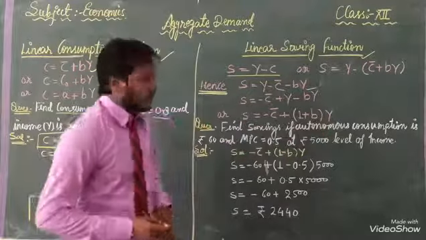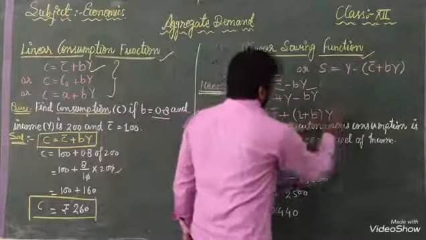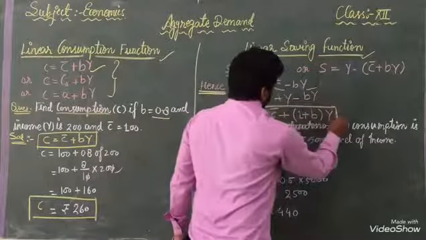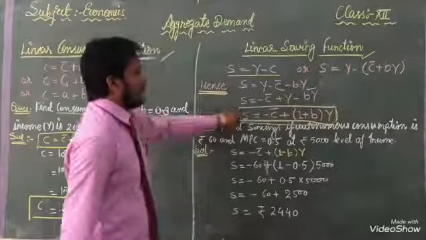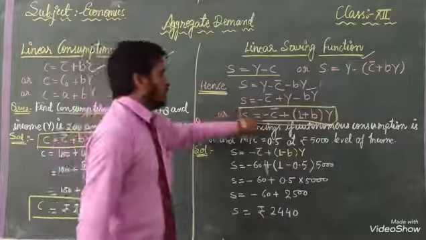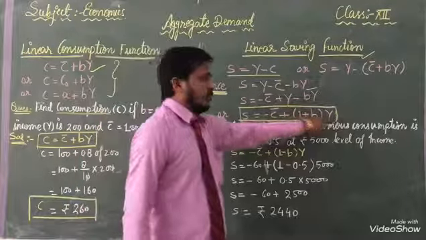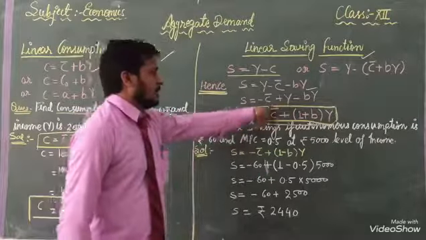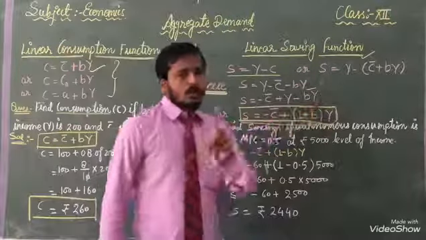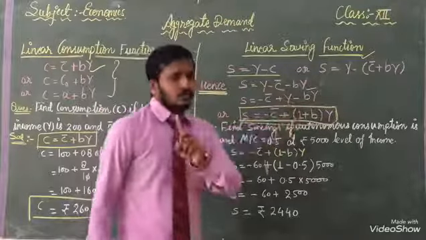This is the process of how you will calculate. With the help of that you can know s equal to minus c bar plus 1 plus by. We had taken y common, then 2y is given here, 1y we will take common, then at the place of y we will write 1.